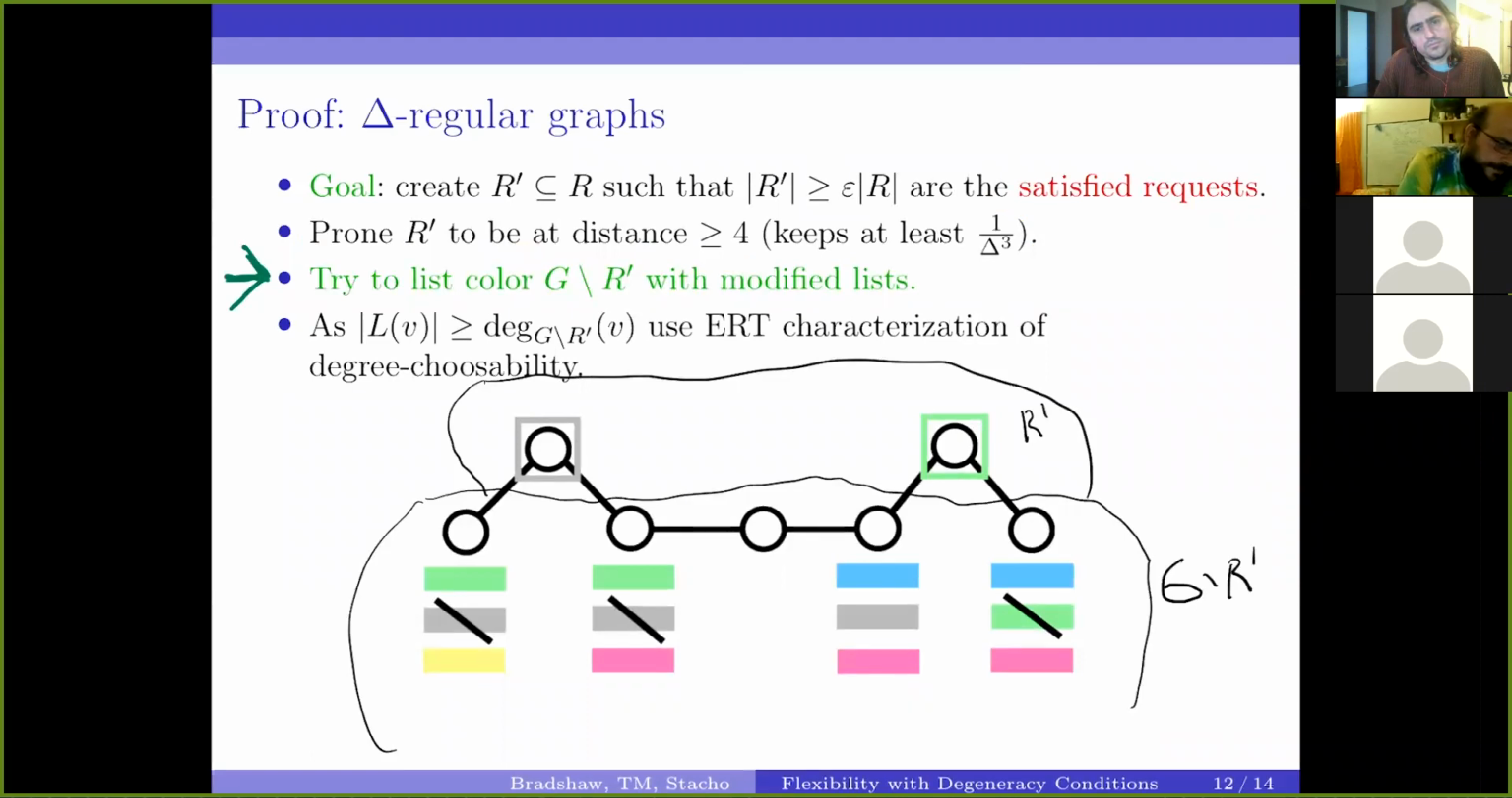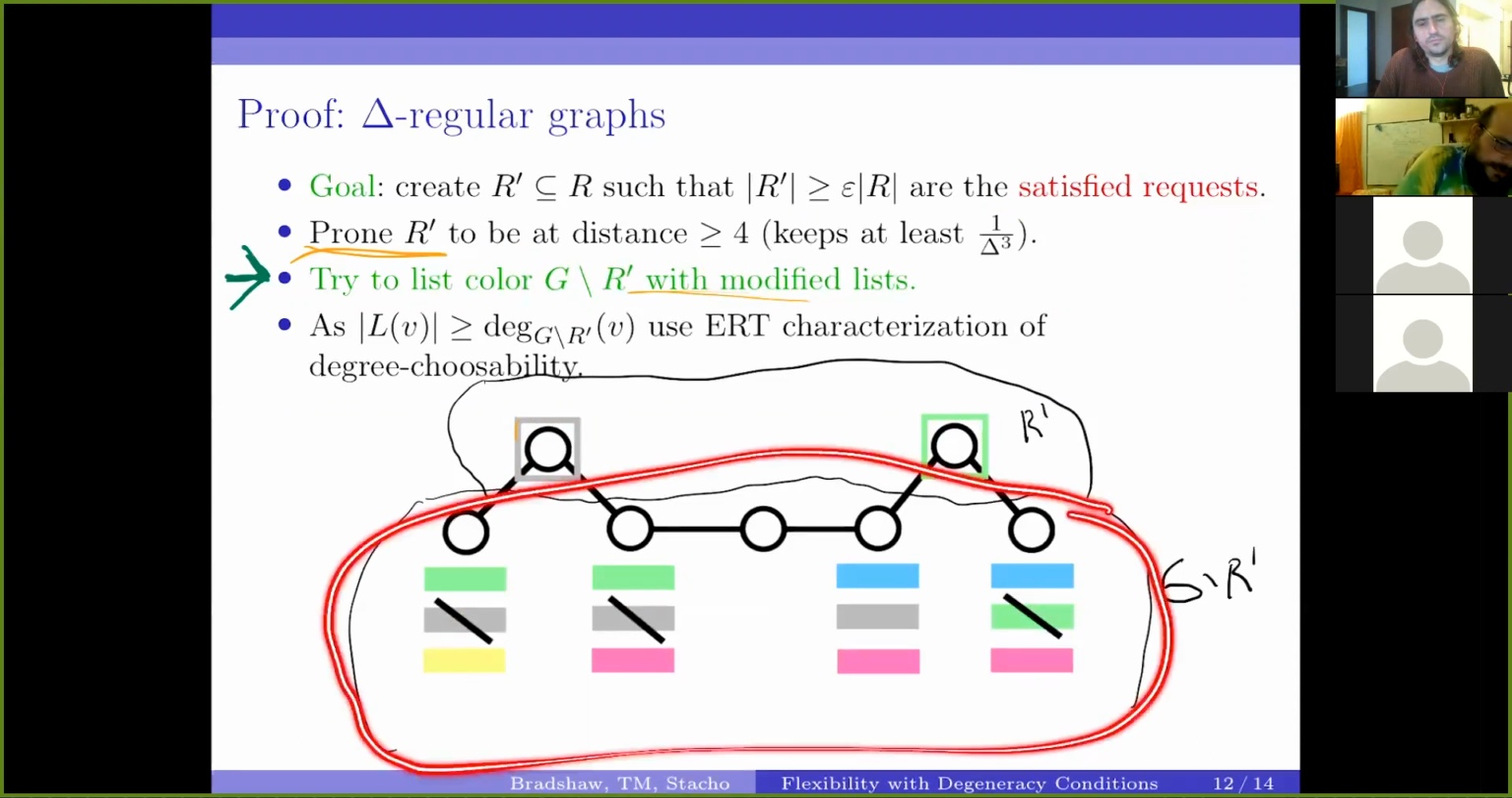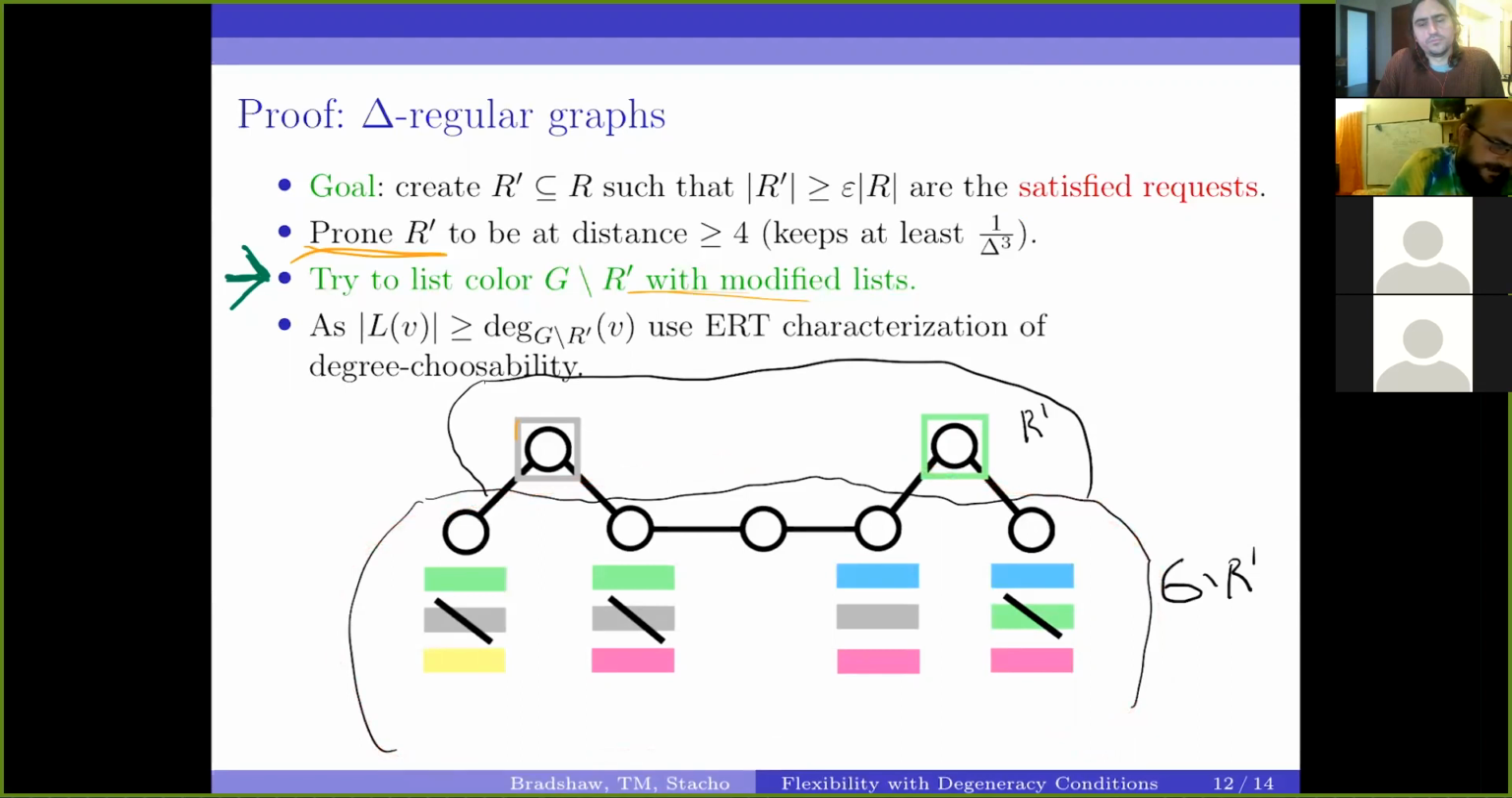So what we will do, we will look at this R prime, and we try to list color G minus R, this modified list. So first of all, this is R prime. Those are the vertices with request, and this is the greatest requested color. And we first cross out this color from its neighbors, and the same for this other requested color green. We also cross it out from its neighbors, and then we look at this G minus R prime, and